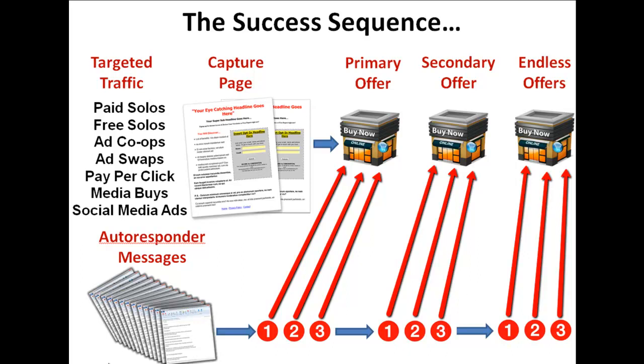Okay, so this is a success sequence. I'm just going to grab my drawing tool here so I can explain everything to you. So this is generally what happens, right? You use targeted traffic, and these are the different things that I teach in some of my courses: paid solos, free solos, ad co-ops, ad swaps, pay-per-click advertising, media buys, mass media network buys, social media ads, banner redirects, all kinds of pay-per-view, all kinds of different stuff, right? And everything else that maybe you use on your own. It doesn't really matter. But using good targeted traffic and getting people to your website or your capture page in this case,